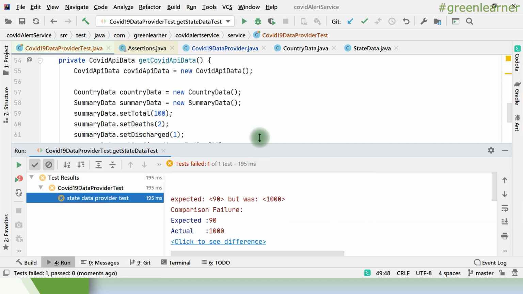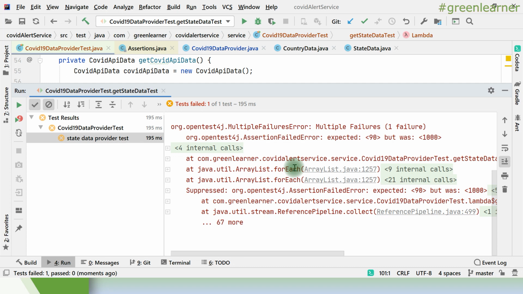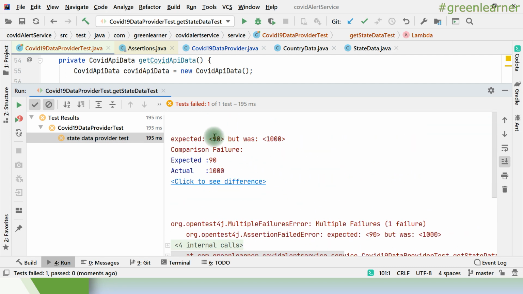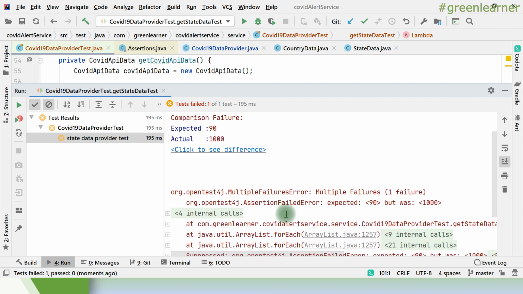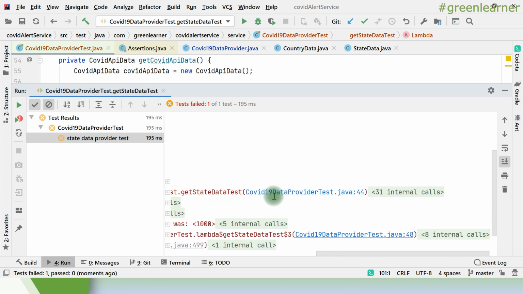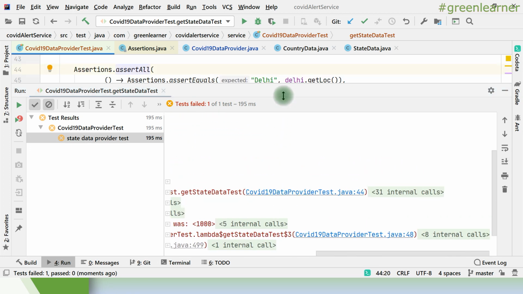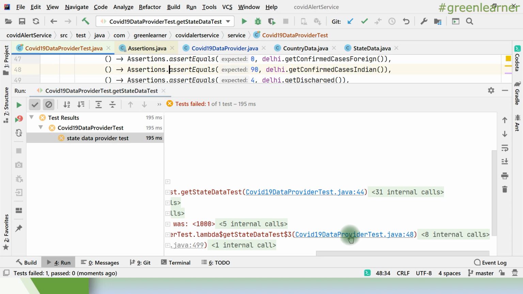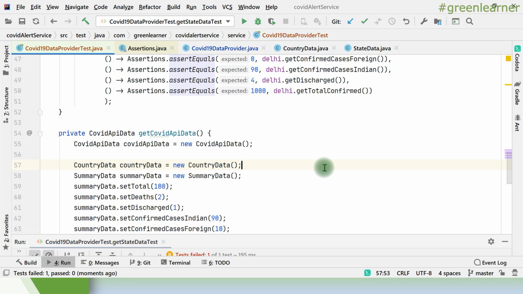Still there is some mismatch, but now we have only one failure. What it is saying is comparison failure, expected 90, but actually it is giving 1000. So for which parameter is it giving me that? I can go there and see this one, assertAll line 48. So this is the problem, confirmed cases Indian, right?